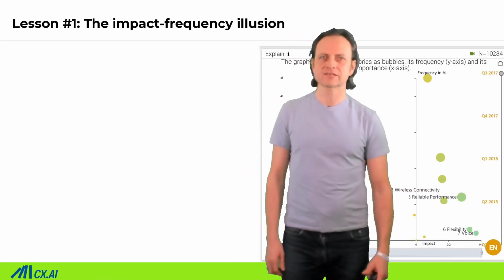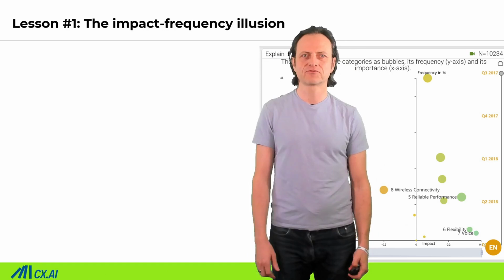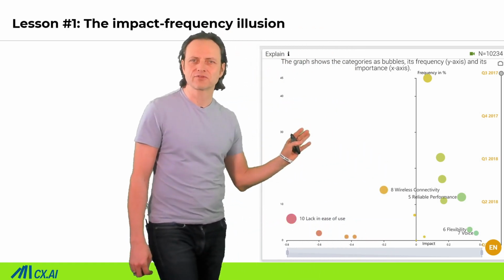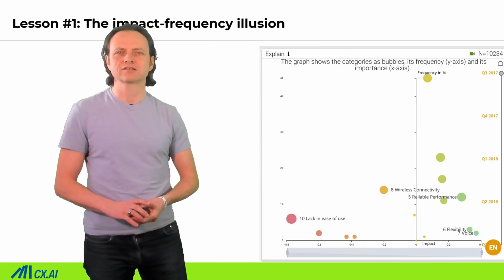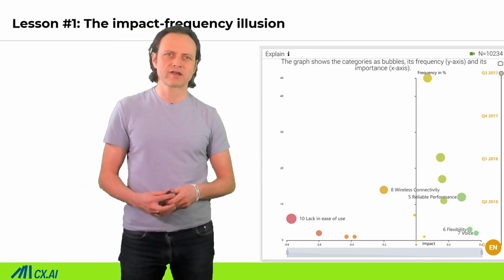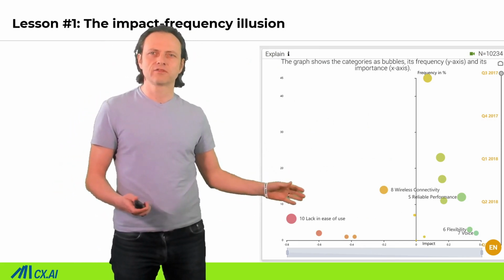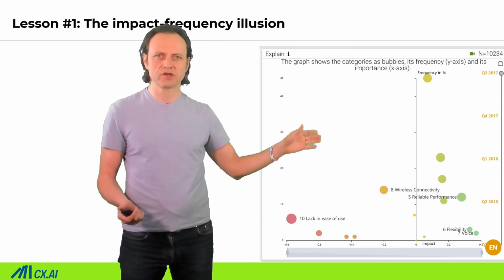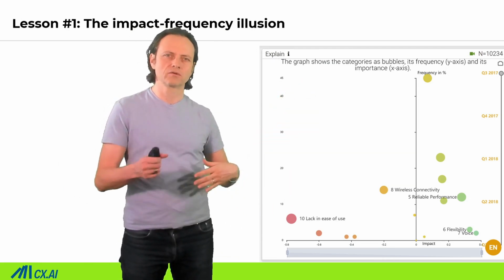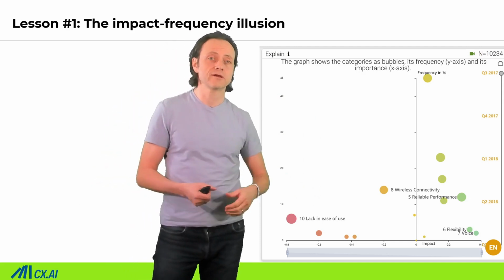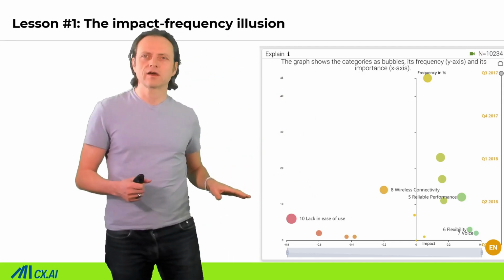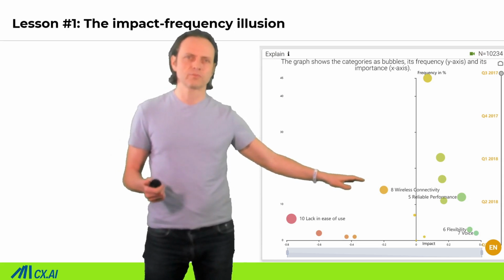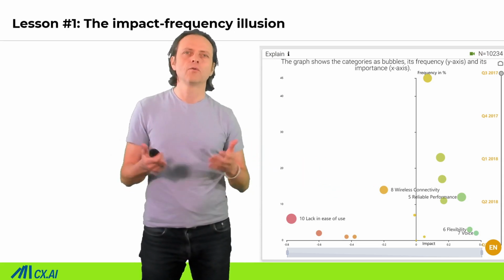In the first lesson, we start with the impact frequency illusion. You may have seen this from the former classes. It is the key driver canvas where we see the frequency of the topics customers are mentioning. So basically we count what they say, and the x-axis is the impact of those topics found by a driver